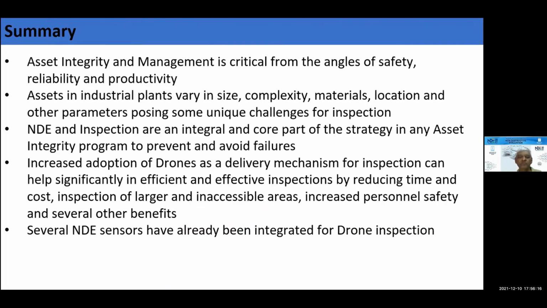So in summary, asset integrity and management is very critical from the angles of safety, reliability, and productivity. Assets in industrial plants vary in size and complexity. I showed you an example of many of those things: materials, location, etc. NDE and inspection are an integral and core part of the strategy in any asset integrity program to prevent and